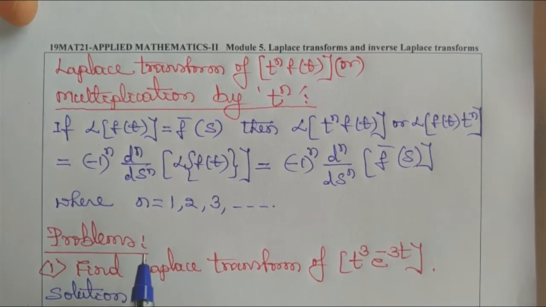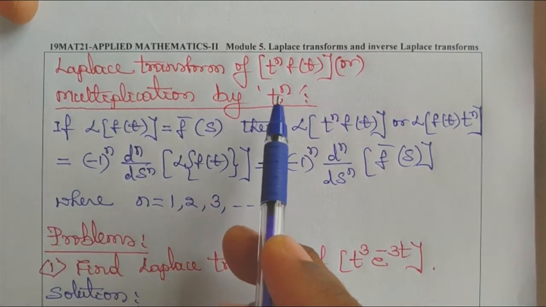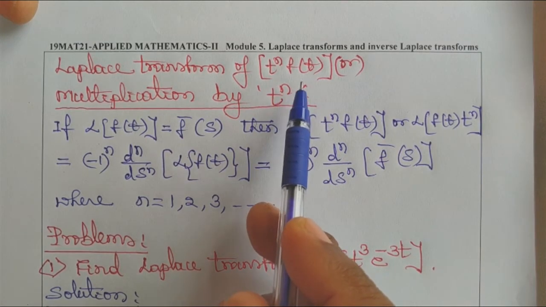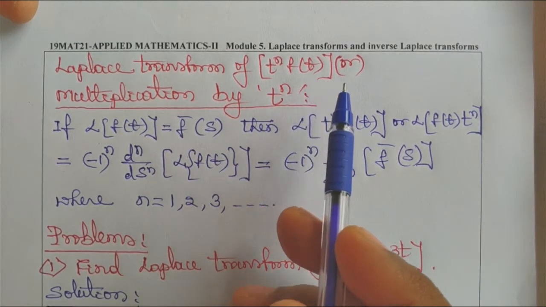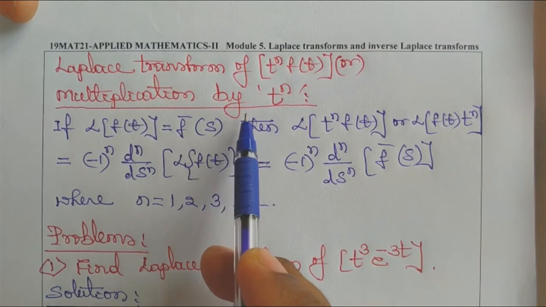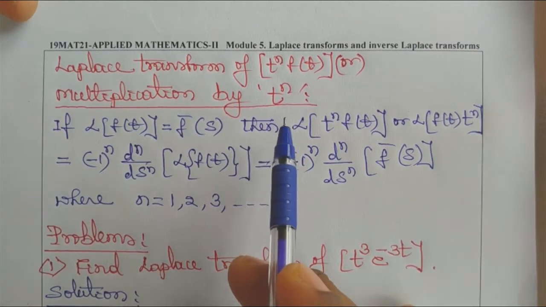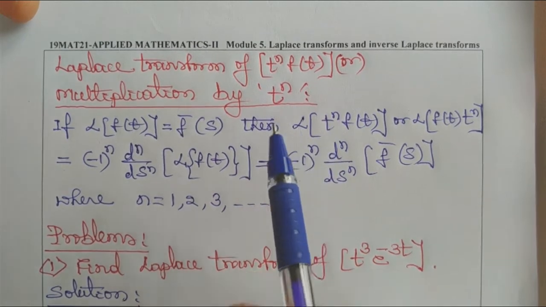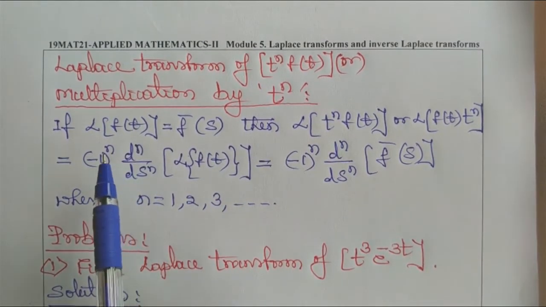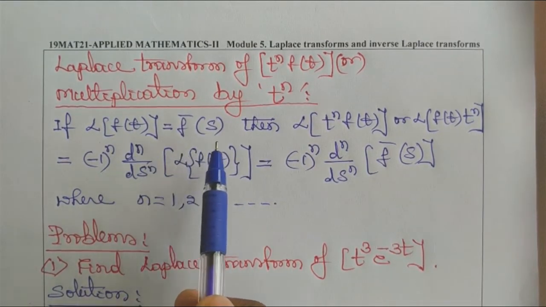Okay, now we'll start the Laplace transform of t to the power of n into f of t, or multiplication by t to the power of n. This is the multiplication by t to the power of n method. Here, if Laplace of f of t is equal to f bar of s,